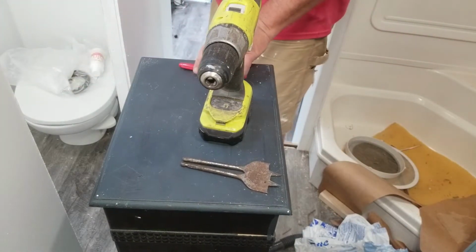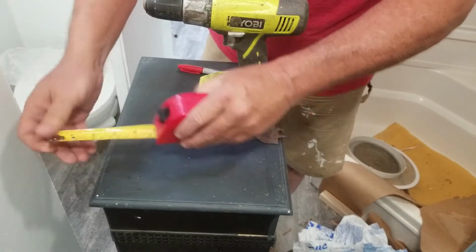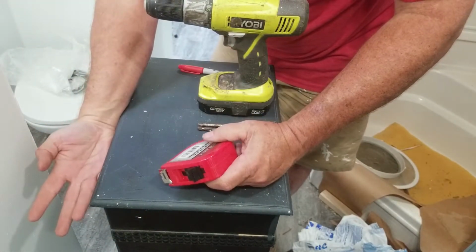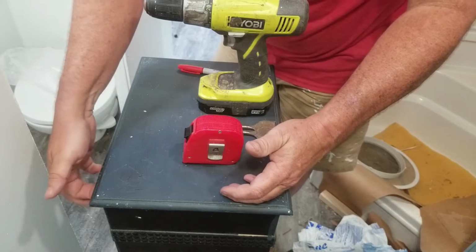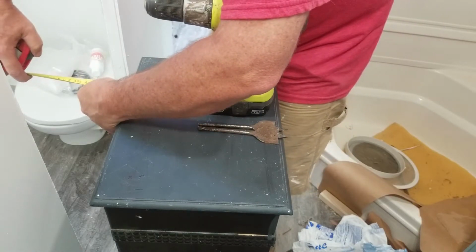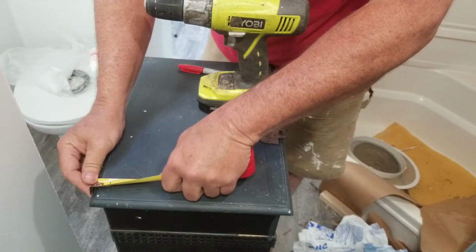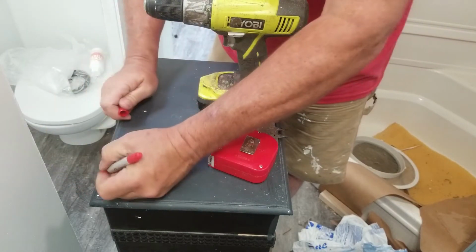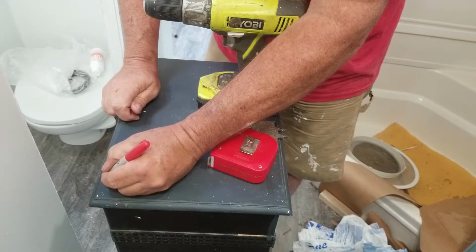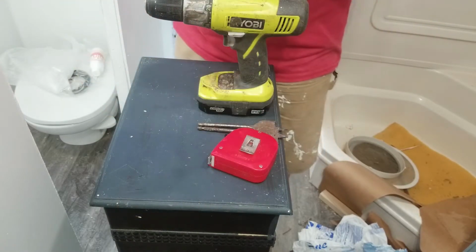I'm going to repaint this top so we can do a little bit of marking on it. Oh shoot, about the width of mine. Well, tape measure don't really do me much good there. Looks like 1/2 inch from the edge. Yeah, so just about. This stuff bleeds through so bad. About 1/2 inch right there, 1/2 inch there,